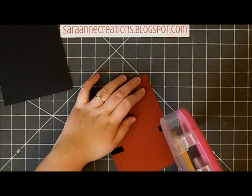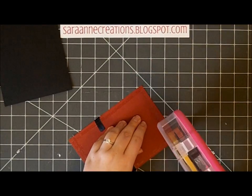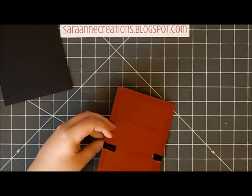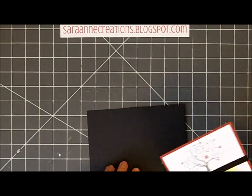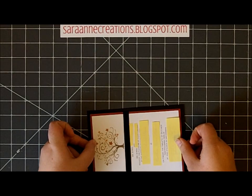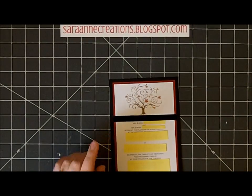Then you are going to attach the color layer to the black. You want to put some glue on the ribbon itself because once you have a little bit of dimension to it, it might not stick as well. So then you're going to turn this to the side and line it up like so. I'm going to turn it around, and then to add a little bit more, because we're never done,